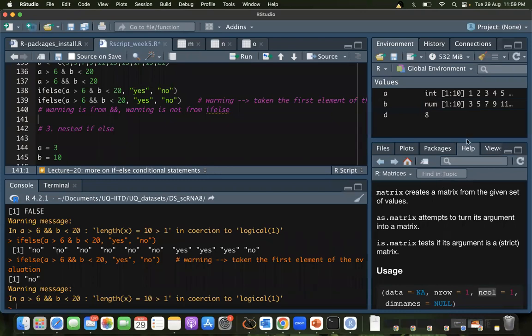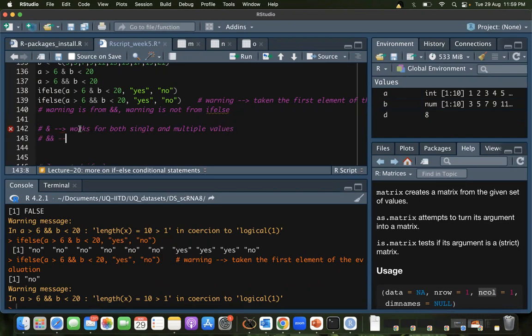So a double AND is only for a single value. Now this AND here, this way, this AND works for both single and multiple values, right?